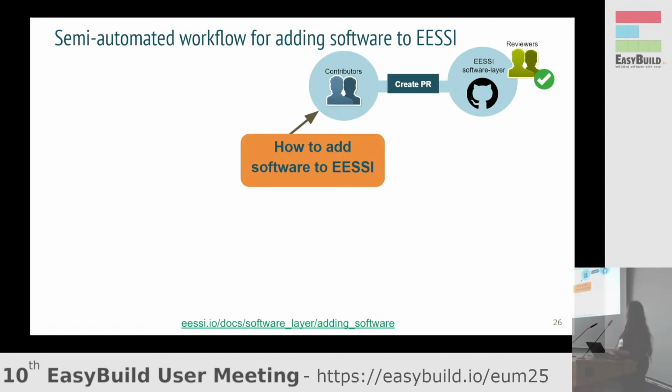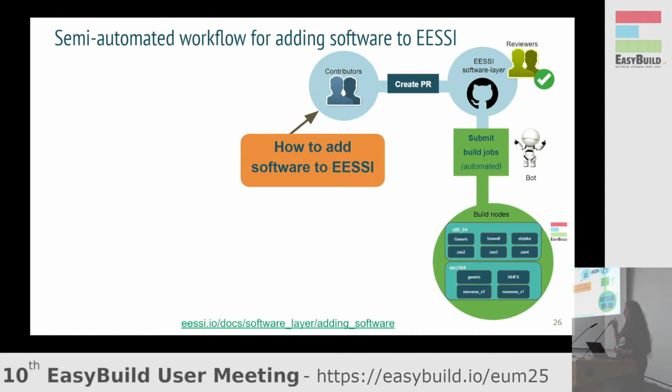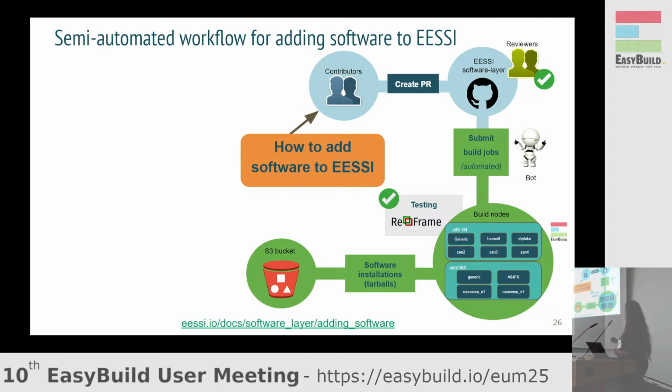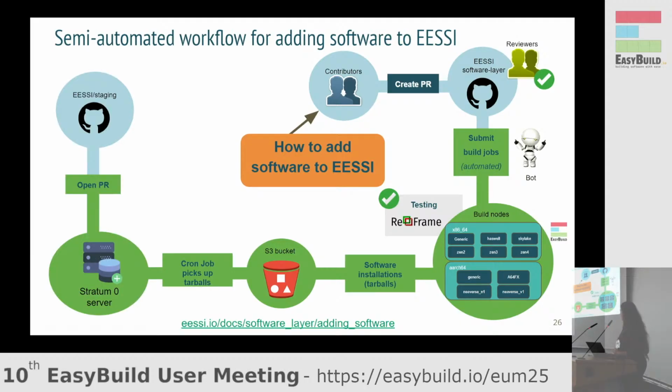Once the PR is there and the reviewer says okay, then the build bot will submit jobs in our build cluster, where it will build for the different architectures that are already available. There's a full list. Once the build is done, it will run the tests that are available via the sanity check in EasyBuild, but on top of that, it will also run a ReFrame test. If the build is okay, the tests are okay, and the software is ready, it will move the tarballs of the software installations to an S3 bucket, and a cron job will then pick it up for the Stratum